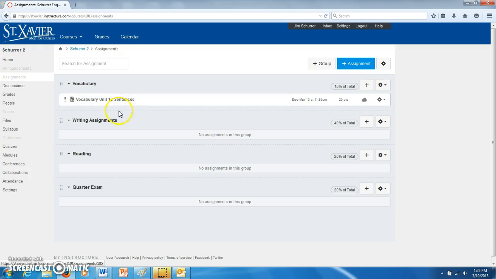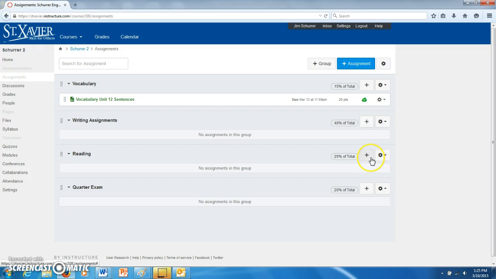And you notice the list here. Notice that the text is grayed out and this cloud is gray. Right now this assignment is hidden from students and hidden from your gradebook. So what you can do is in advance kind of populate all your assignments. If you are that ahead of schedule, which if you are, kudos to you, I salute you. But as you're ready to put an assignment in for students to see it, you need to publish it. So if you just click on the cloud, it turns green with this check mark,